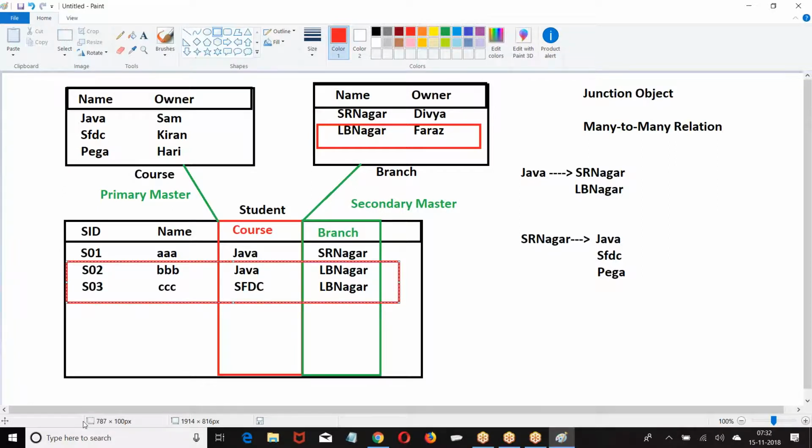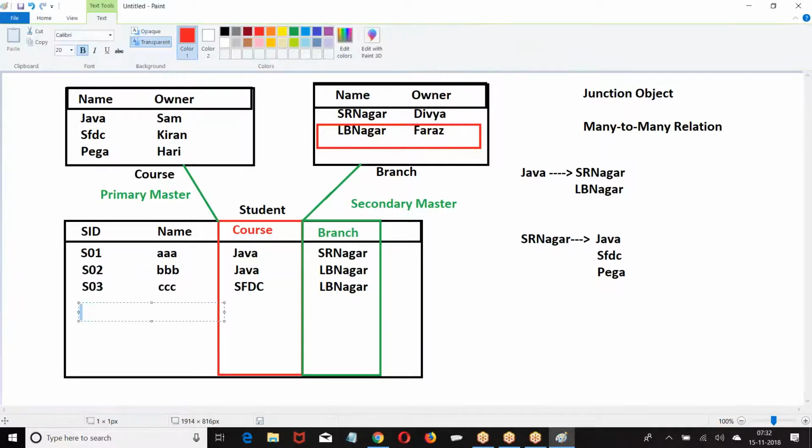Suppose on the name of Java, there are 300 records. There are 300 students who selected Java as a course. So in the junction object, how many records do we have for Java? 300 records. Then I cannot delete the Java course.